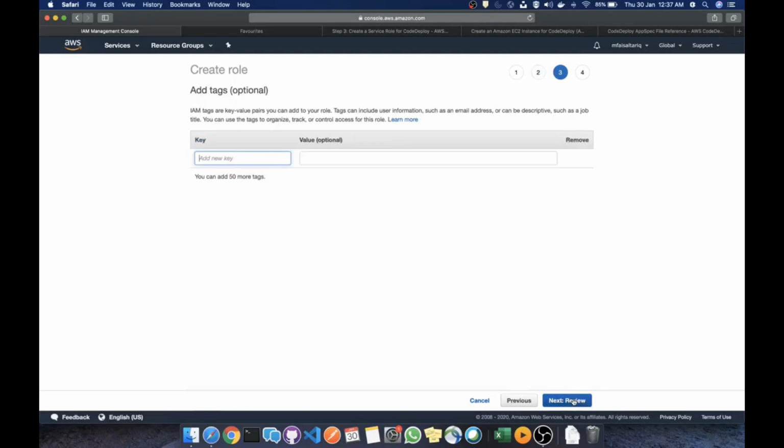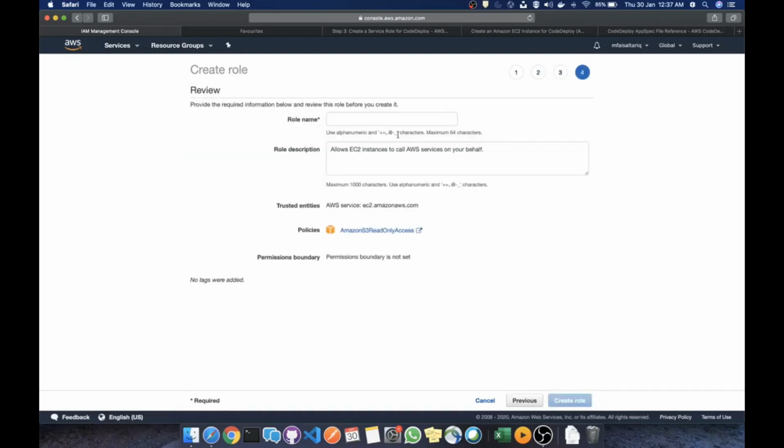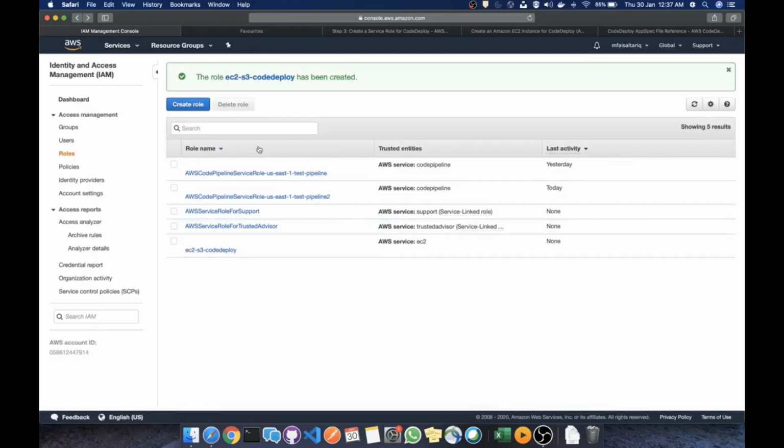and I'll go to next, tags. I'll skip this step and then I'll give it a name, EC2 S3 code deploy. And I'll create this role. Now if I look over here, you can see that this role has been created and it appears over here. Now I need to create another role